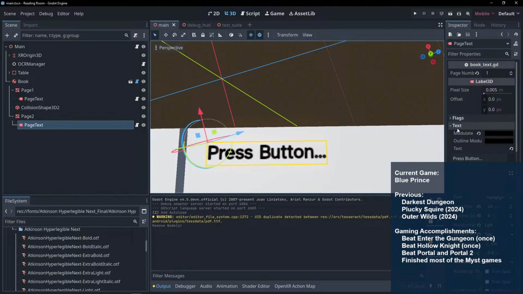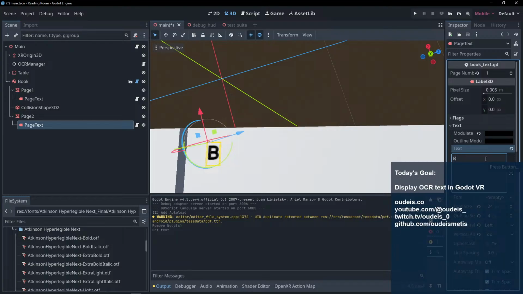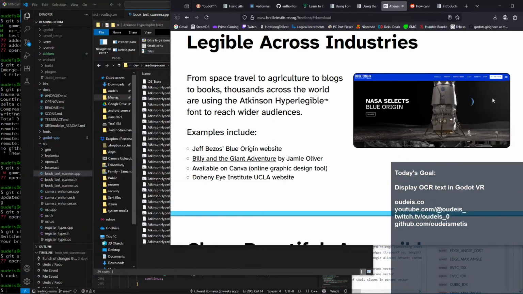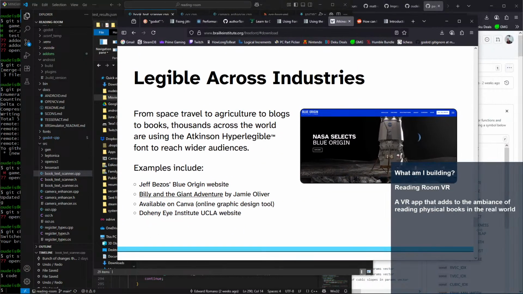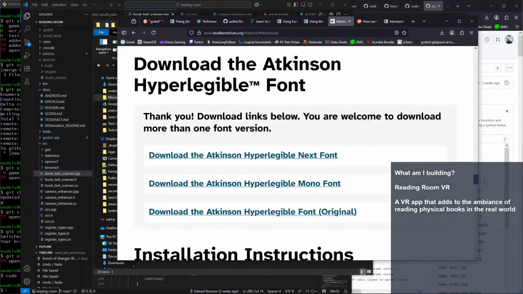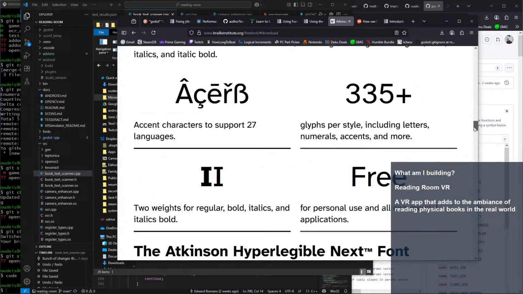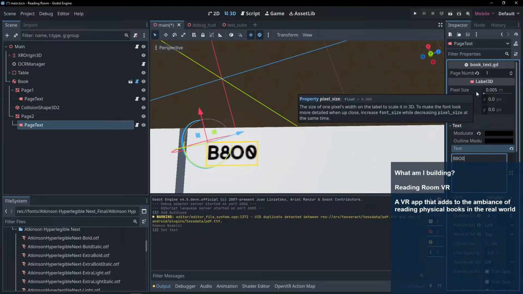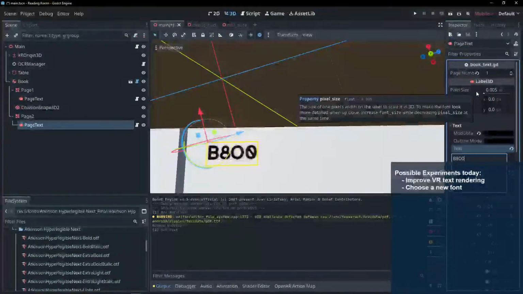Page number, text, fine. I guess I have to make the change here for the moment. B8, O0. Yep, that's definitely the new font, I think, right? I'm 99% certain. Yeah, that O is much more round. And that 0